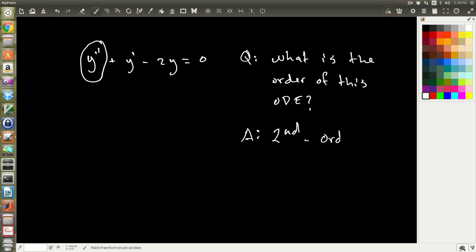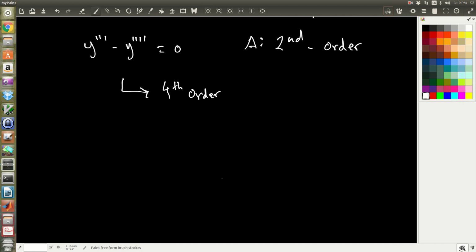So we say it's second order. Alright, so if I have y quadruple prime minus y, sorry, that's triple prime, quadruple prime equals 0, this differential equation is fourth order. Now, we spent a lot of time learning how to solve first order differential equations, and the reason is because